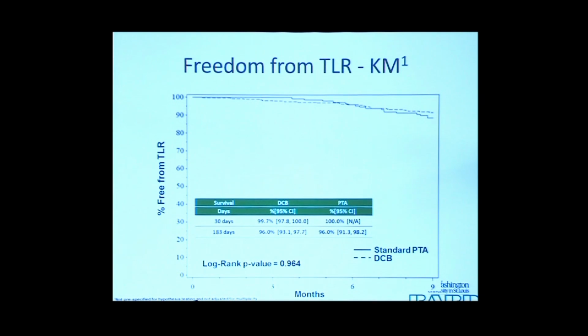The way they did this, as Peter had mentioned, was to not count bailout stents against the patency rates here, or the TLR rates. They didn't count it as an automatic TLR. The bailout stents were actually higher in the plain balloon angioplasty arm, so it would have pushed the lines apart to significance, and I think as they go out to 12 months, they're seeing that the lines do continue to